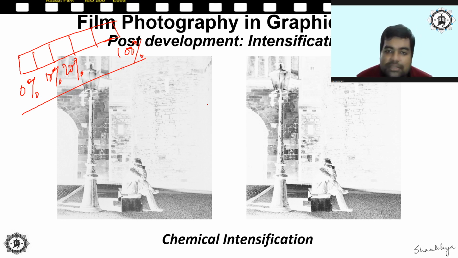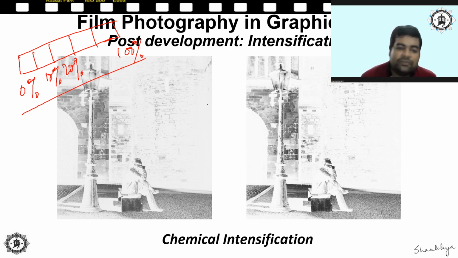In order to do this, you need to enhance the silver deposition there. This enhancement of optical density is basically known as intensification. Formally speaking, intensification is an invaluable technique in which another metallic substance other than silver is deposited onto the silver chemically to increase the density of underexposed or underdeveloped negatives.